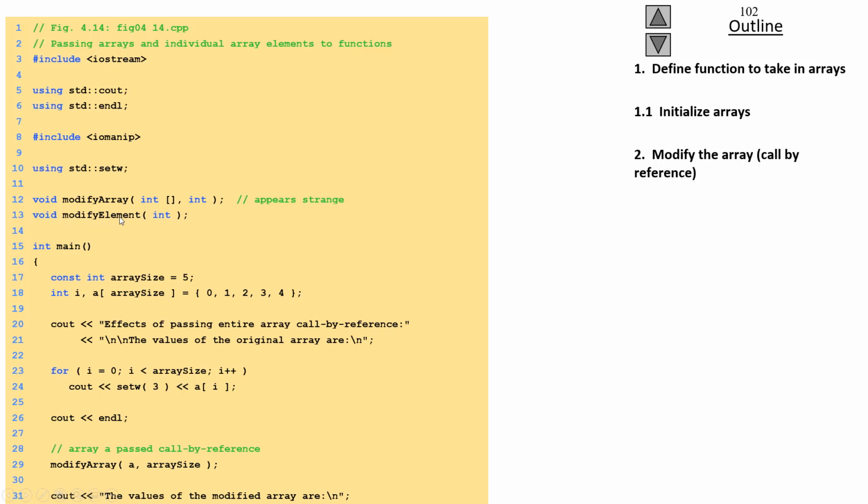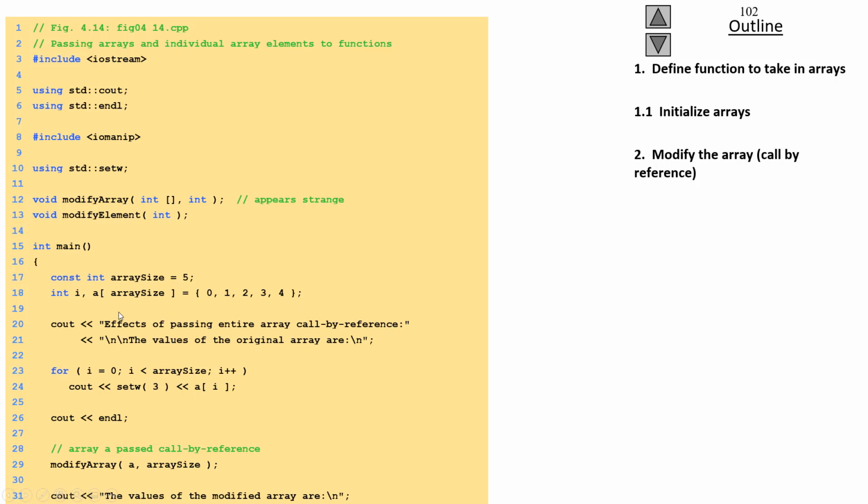It means I'm not passing the array, I am passing a single element of the array, not the entire array. उसमें से एक वैल्यू सिर्फ भी पास कर रहा हूँ. So ये जो है वो modify array करेगा, ये modify element करेगा. दो फंक्शन मैंने बनाए. So here I have constant int array size equal to 5. Int, I have two variables. I is a simple variable of type int. A is an array variable also of type int, which is of size 5, and the initialization is 0, 1,